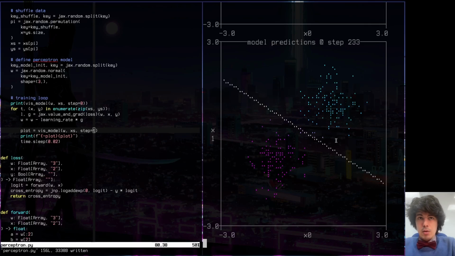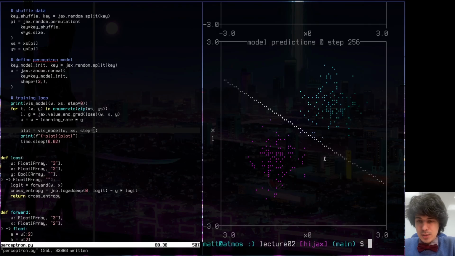Every time the model is making a classification, and we're making a small change to the model, to move the line a little bit, each of the parameters, the bias and the two scalars on the input weights, to make it closer to classifying that example correctly. And when we go through all 256 examples, it then gets all of them correct, which is nice. So there you have it. That is a classical perceptron trained with individual-sample stochastic gradient descent, and that is also an introduction to